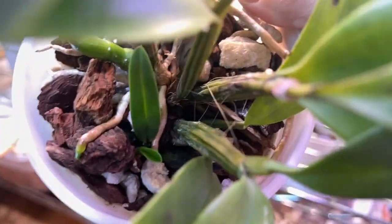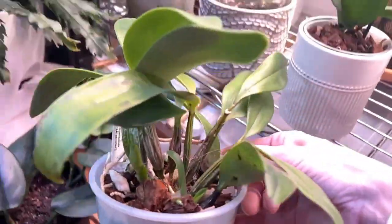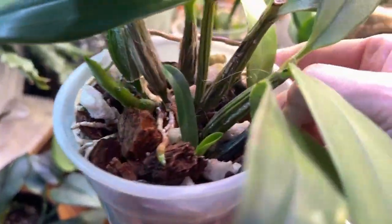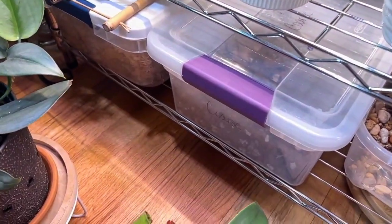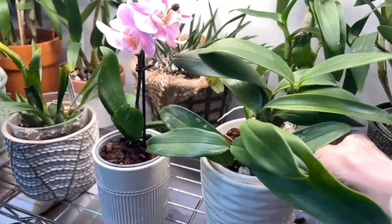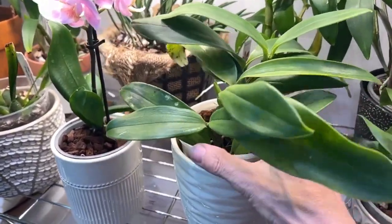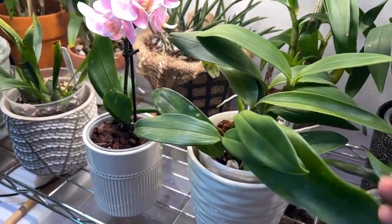Remember a few weeks ago I told y'all I was looking for a growth from right there? Well, there it is. And then look how much that one's grown in 2 weeks. I am so excited to see these little alien blooms. I know I probably still have about 2 or 3 more growths. I'm not going to say years, I'm going to say growths as it's getting mature in strengths, because look at